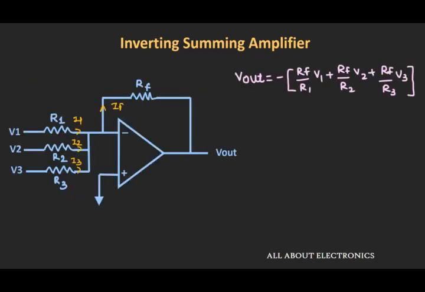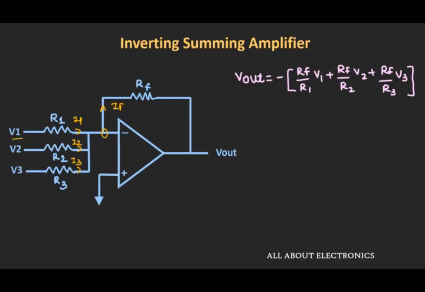Now theoretically we can add n number of input voltages to this op-amp configuration, but practically the number of input voltages depends upon the power dissipation as well as the total current that can be supplied by the op-amp. Because here, the total current IF is the summation of the individual currents I1, I2, I3 up to IN. So this value should not exceed the maximum value that is supported by the op-amp.